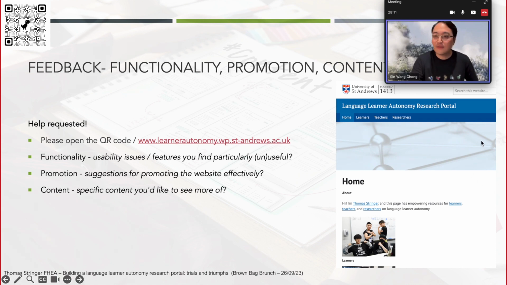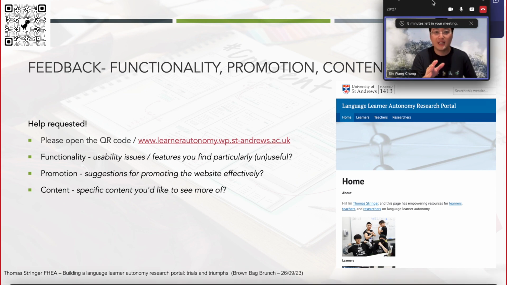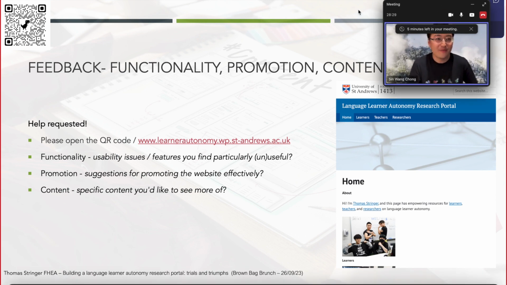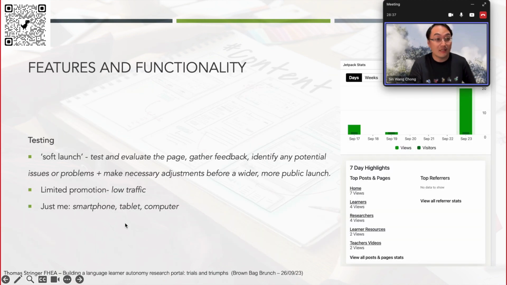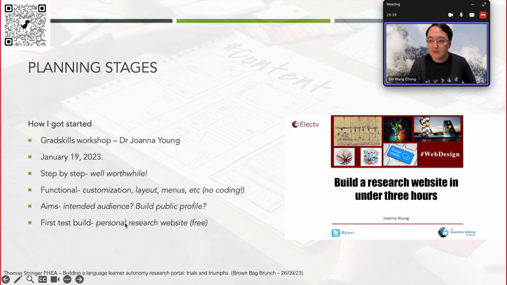Great. Okay. Thank you very much, Thomas. That's very interesting. And I like the way that you structured the presentation. Instead of just showing us the output immediately, you walked us through your thinking process and some of the challenges. I think it looks quite straightforward, but there must be a learning curve, right? Even if there's no coding involved, it looks like a very worthwhile endeavor, and a very meaningful and sustainable impact project for sure.